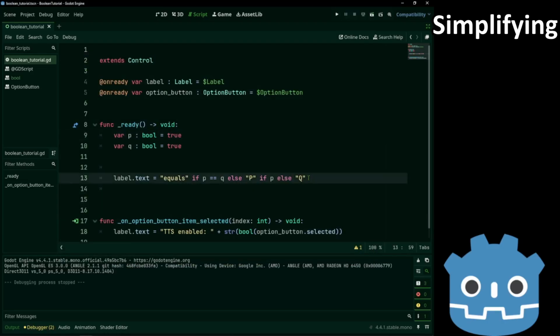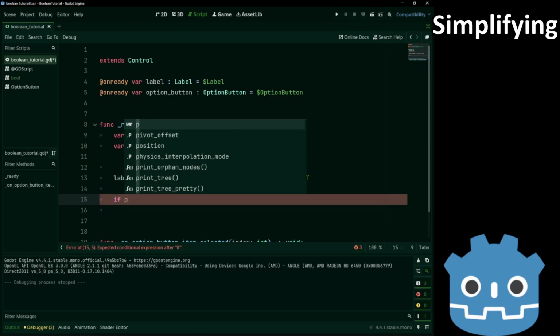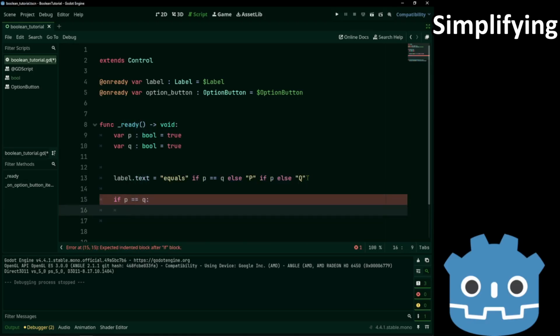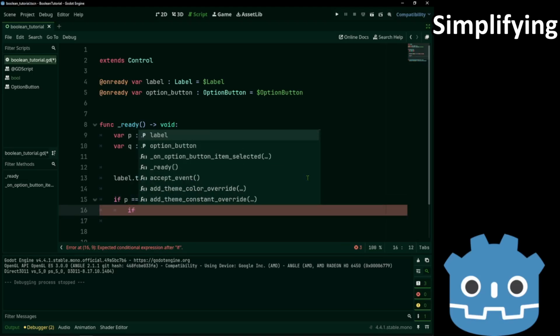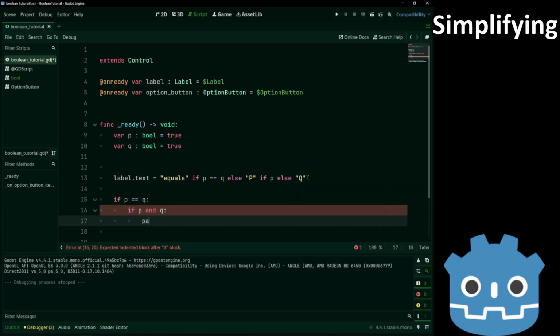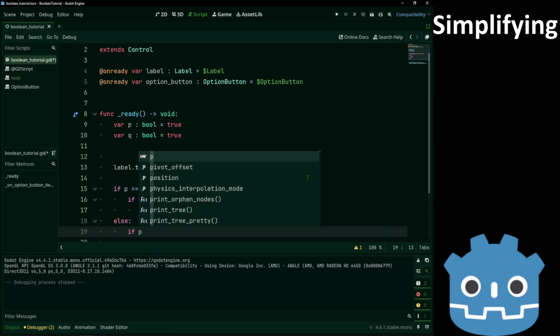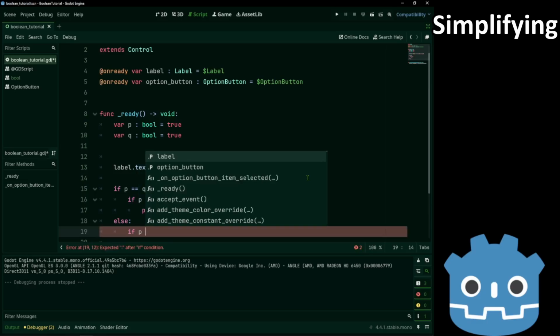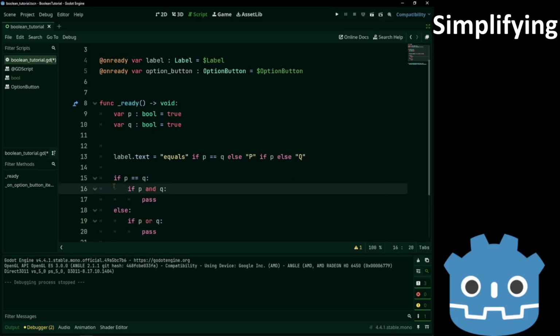Now P. This might seem confusing, so let's show it inside a normal if. If this is true, we go inside.